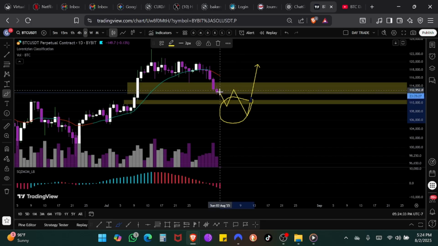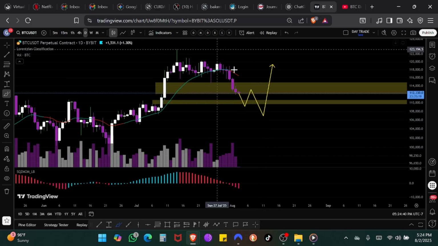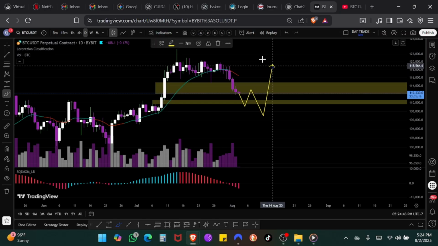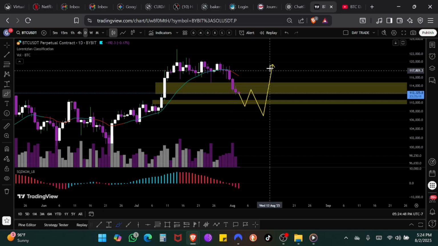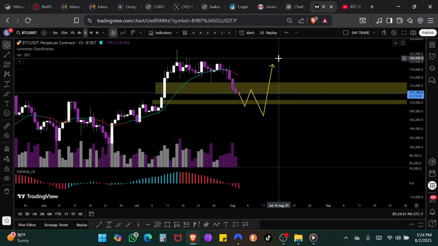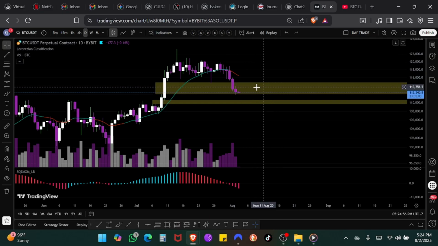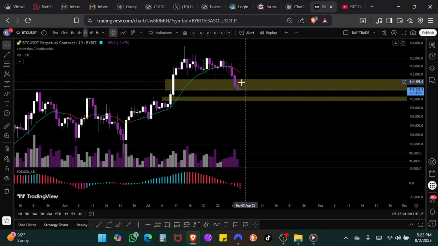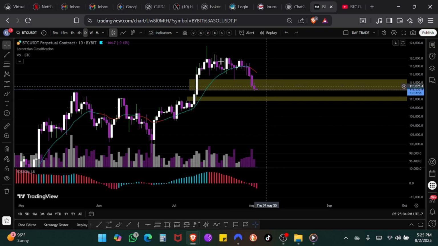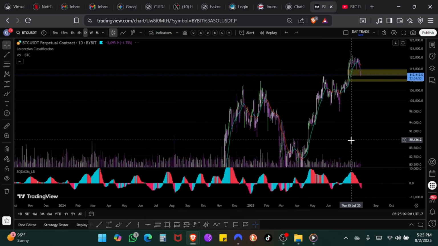Okay, and here, definitely you don't want to take any shorts because it's too late. It's too late to take shorts. Okay, so this is what I'm looking at for the next few days. It could be a week. The price could easily spend a whole week on this area here. Okay, so no shorts. Be patient. I would be patient and look for longs here,